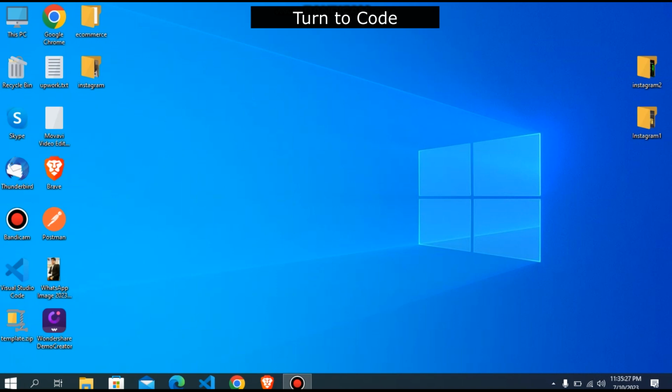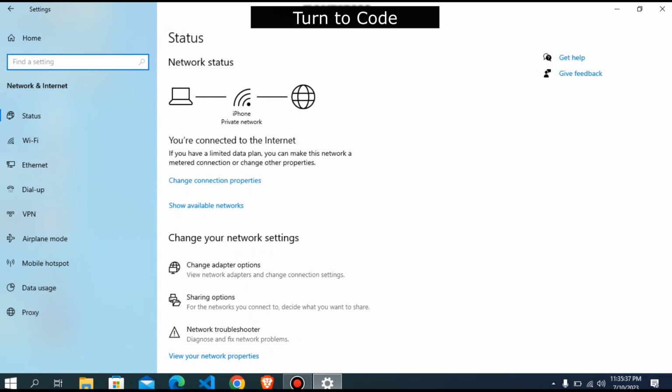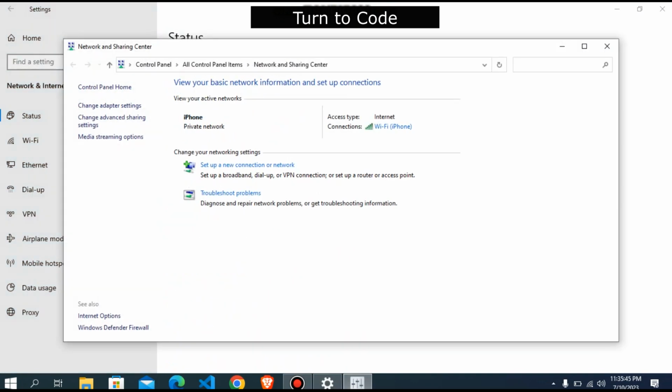So for checking Wi-Fi password, do right click on that network icon, click on open network and internet settings. Here scroll down and click on network and sharing center. Here click on Wi-Fi,